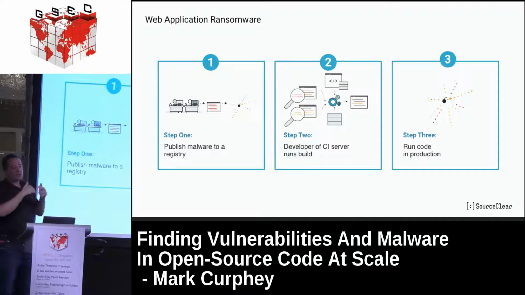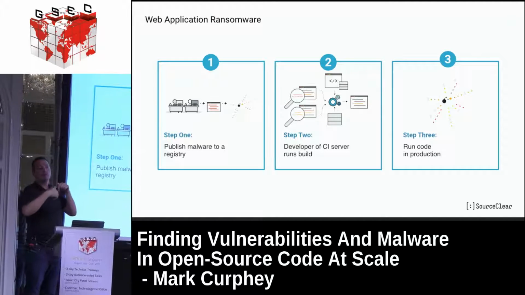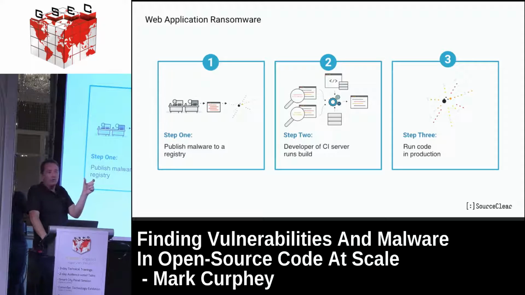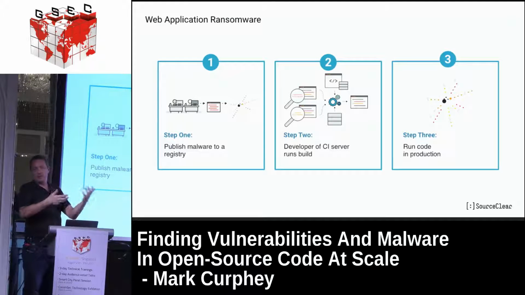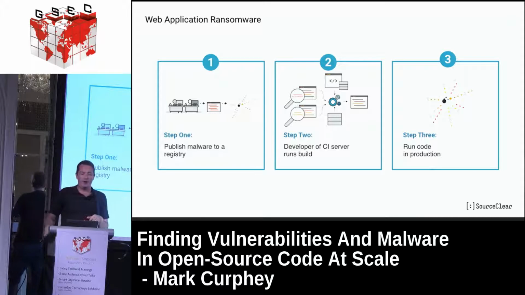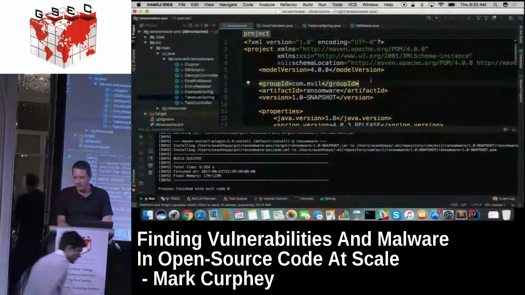Once we've published it, anyone that is using that, so either we convince them to use a new library. In the NPM world, what we did is we found a very popular library, and we called it version 2. And everyone that was following that one suddenly started, of course, pulling down version 2, right? In the Java world, I basically took a similar thing with an Apache project and claimed it was that. So once you've got that, the developer basically just adds it in. He thinks he's using an innocent library. The next time he runs the build, that library will then get included, and then we just have to get the thing running. So with that, we'll flip over to Sankya's machine if we can. Do you want me to shift that over?